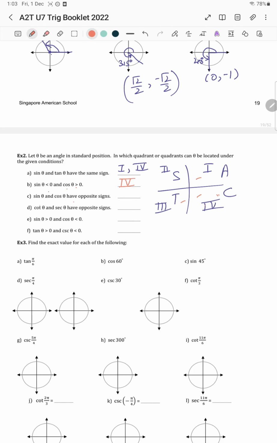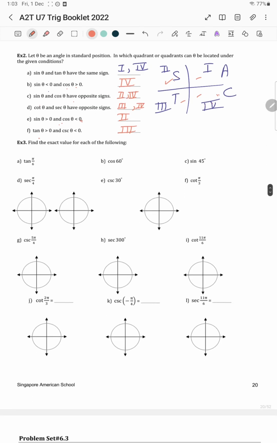Sine theta cos theta के opposite sign हो, यानी कि sine theta अगर 2 और 4 में होंगे opposite sign, cot theta और sec theta के opposite sign हो, so it's going to be 3 and 4. Sine theta greater than 0 यानी कि positive हो, cos theta less than 0 यानी कि negative हो, तो second में ही आएगा। Tan theta greater than 0 और cosecant less than 0 हो।